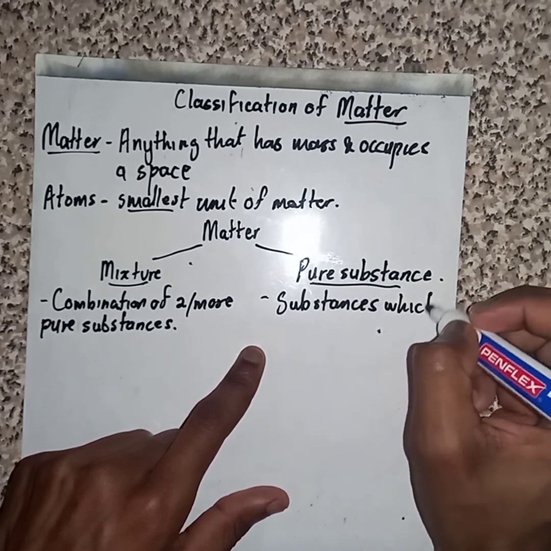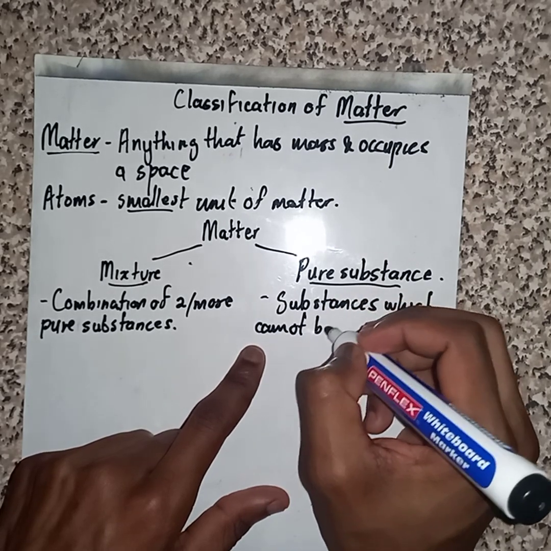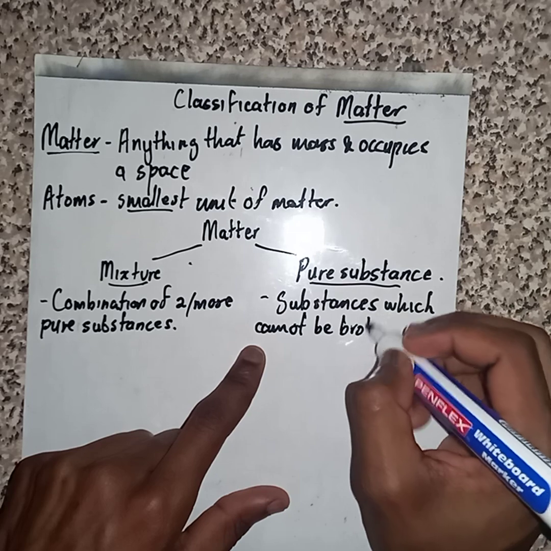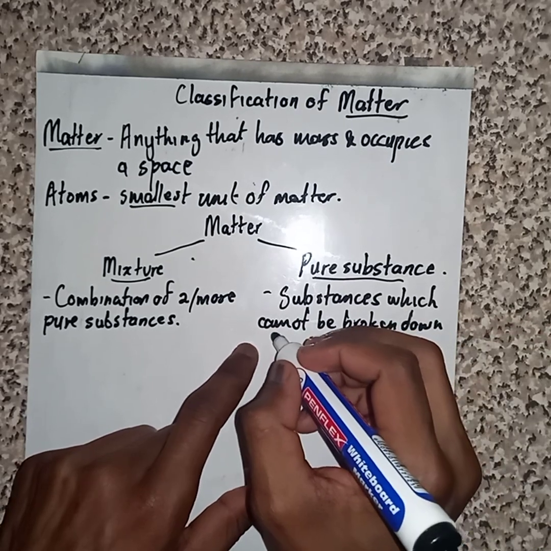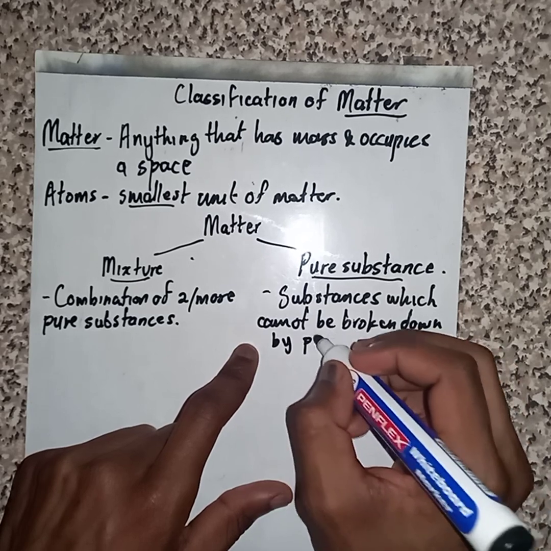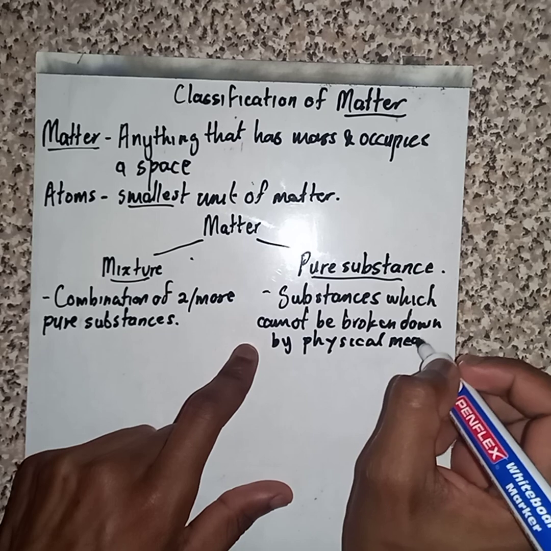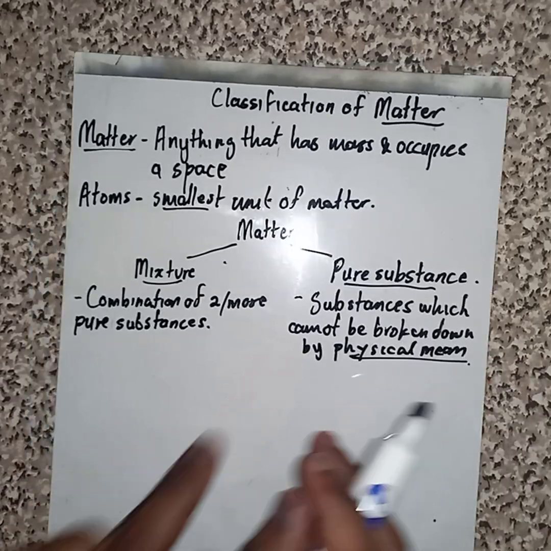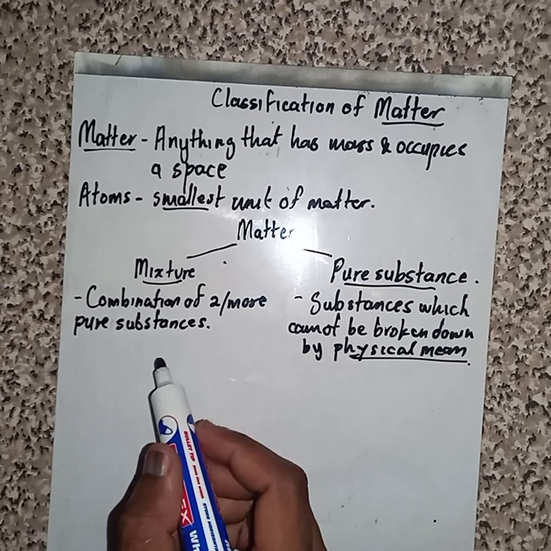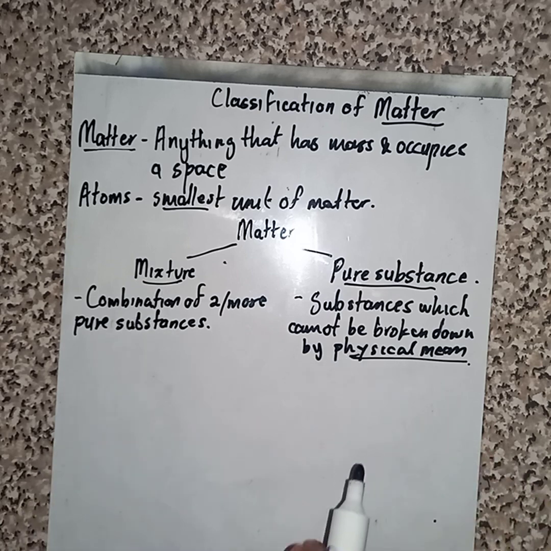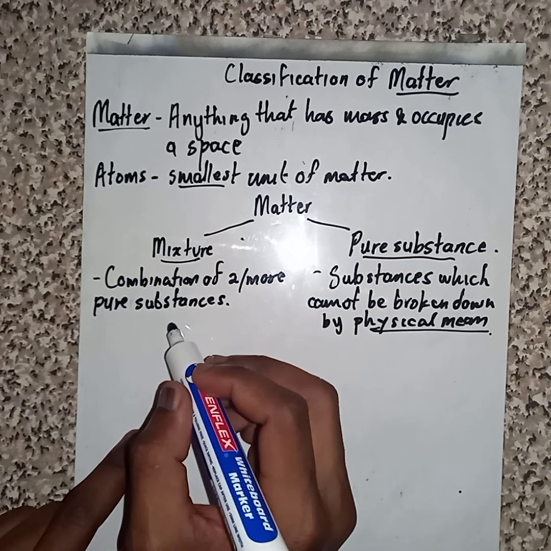Somehow, mixtures can be separated by physical means. Then the types of mixtures that we have are